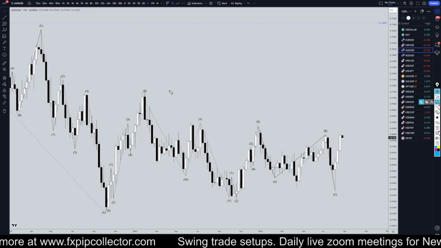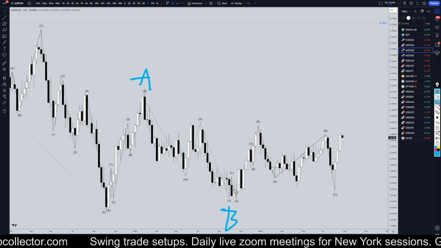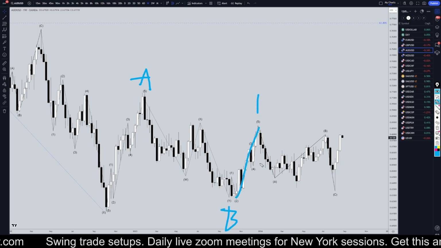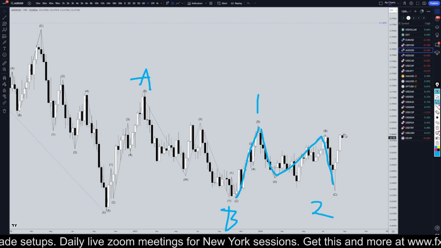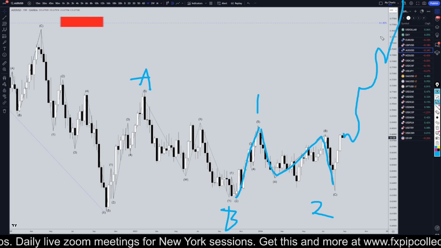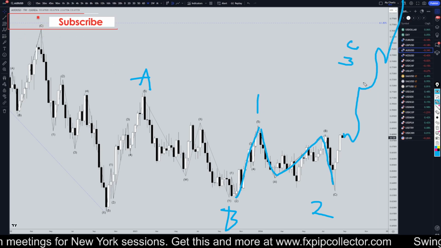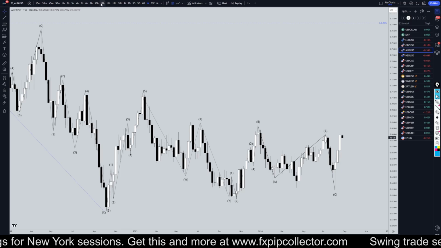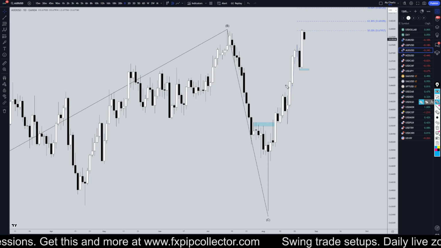On the weekly time frame, this is where you can a little more clearly see the five waves up for A, the three waves down for B, the five waves up for what I believe is a 1, the big ABC correction, which I think is a wave 2, and I think that we are likely over the coming months to continue to make higher highs, higher lows in a wave 3 of wave C, which is a wave C of wave Y. So heading down to the daily time frame, well, the trend is definitely still up.